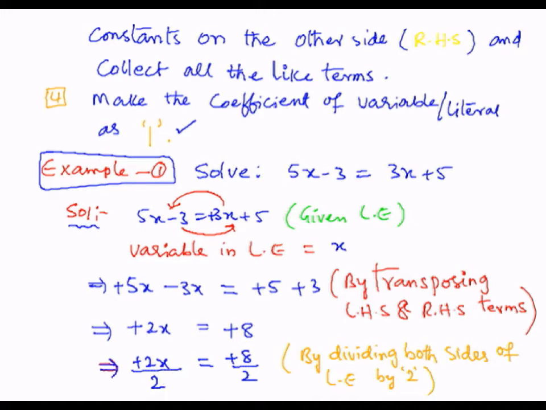Then by further simplification, 2 ones in the denominator and 2 ones in the numerator. Similarly, 2 ones in the denominator and 2 fours in the numerator. So x divided by 1 is x, equals 4 divided by 1, which is 4. So in this manner I got x equals 4 as the root of the equation. So that implies the x value is 4.